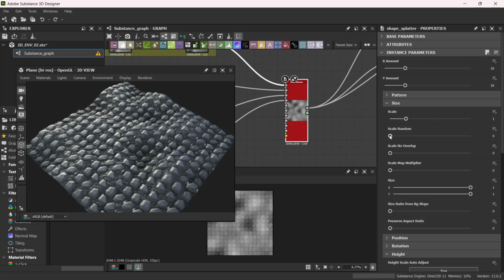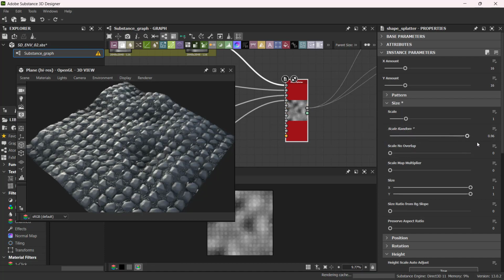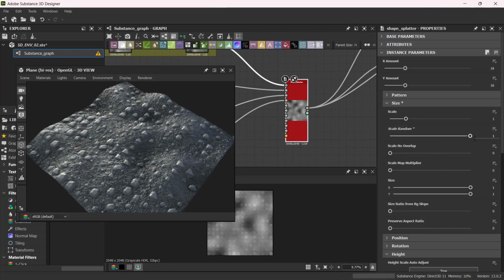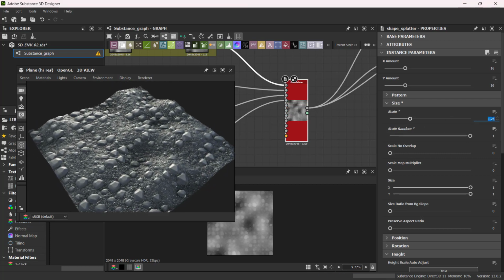Let's say we would like to have that scale in random. I can drag this directly to 1, and then I can adjust the amount of the scale, for example, to 1.25 if I would like to further adjust the size of the rocks. But let's say I'll keep it to 1,